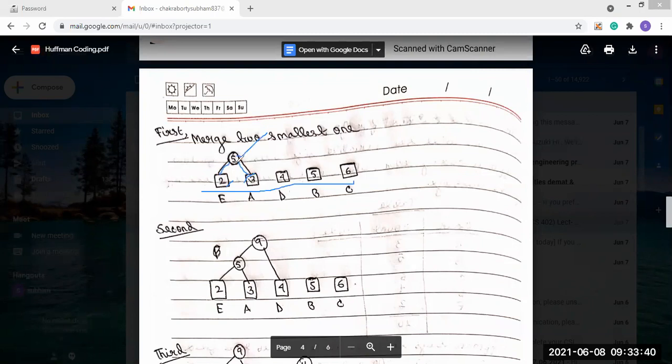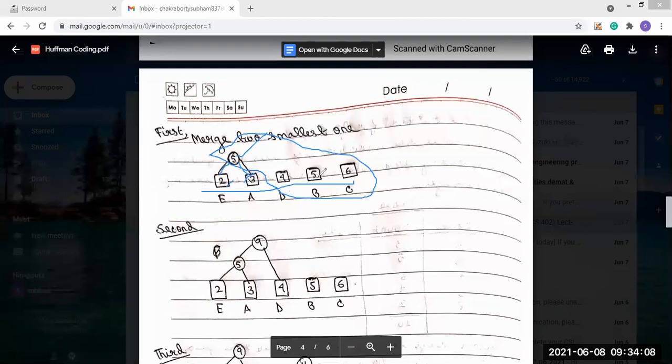We get the value 5. So now our list will become 5, 4, 5, 6. These 4 values will be present in my list. We have to continue this process. Between 5, 4, 5, 6, what are the two smallest elements? 5 and 4 are the two smallest elements.